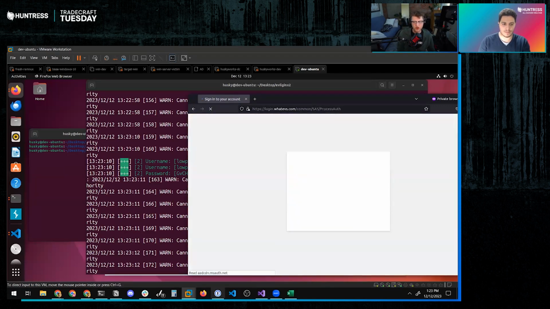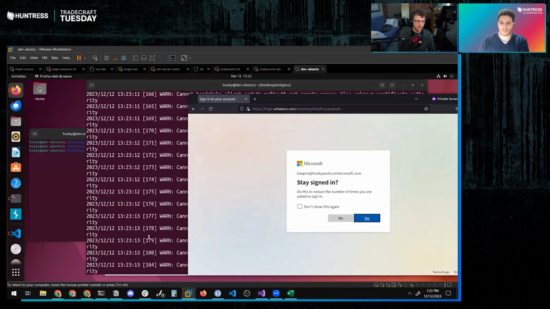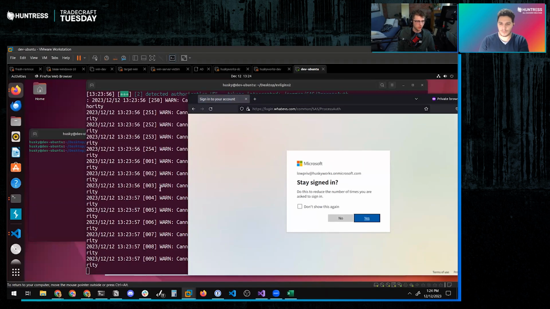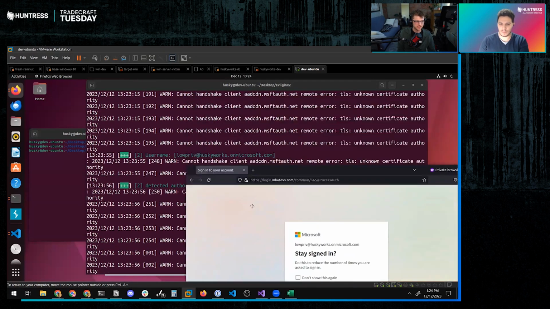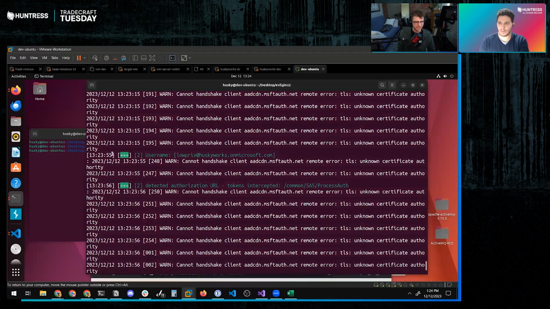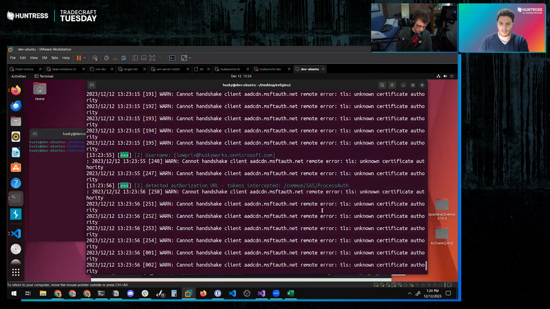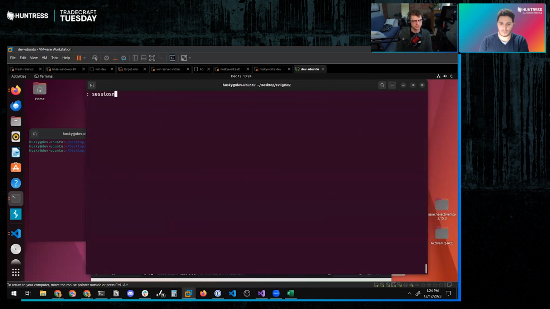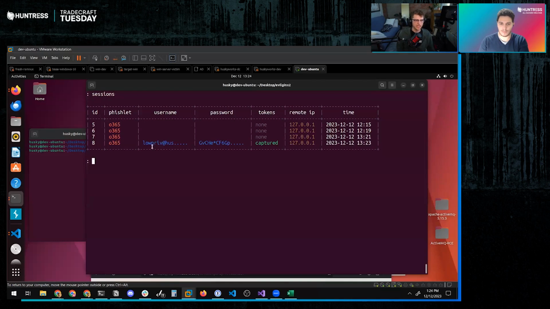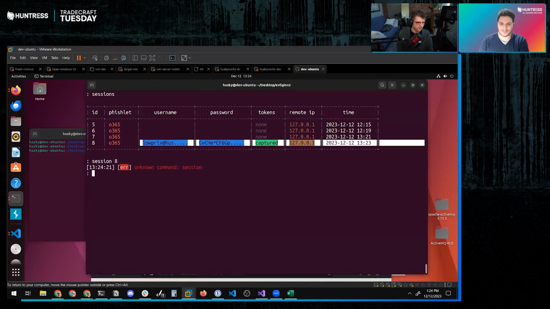And once I have authenticated with MFA, if I scroll down here, we will have a captured session that has been intercepted. There are a lot of debug messages here, but you see that we've captured my authentication session here. And now if I run the sessions command, we have a captured session, session 8.